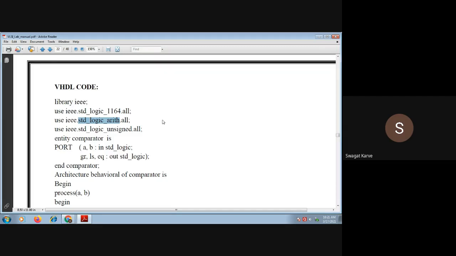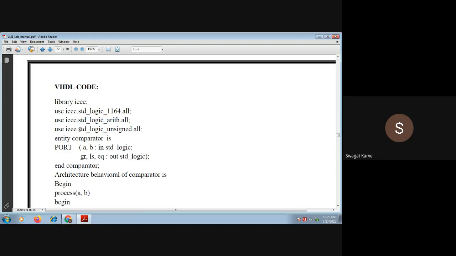Now you have defined this package so that you can use the greater than and equal to signs, because those signs and different arithmetic operations are included in this package. With .all, we have selected all items, right? So this package we need to select.